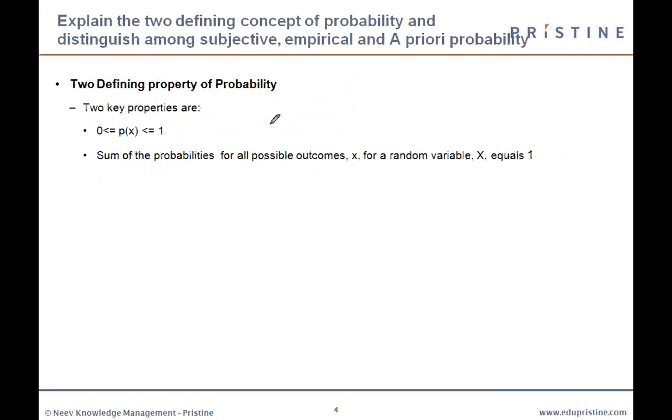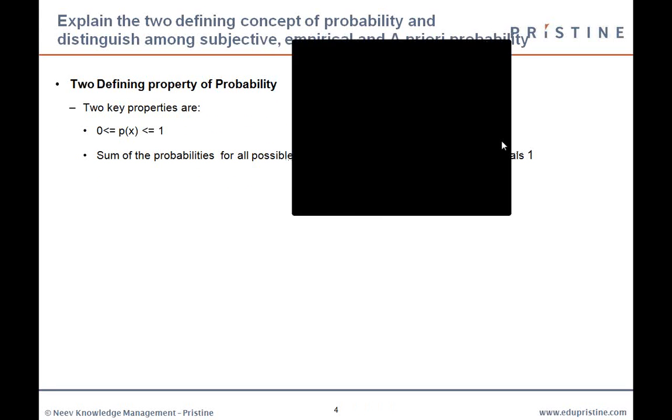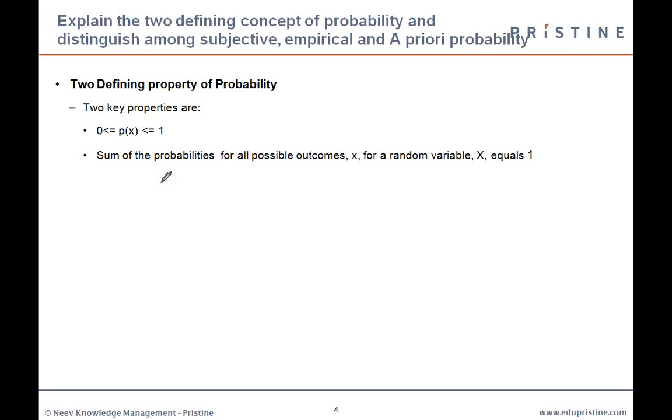Before that, let's see a couple of small properties of probability. Probability has two important properties. One is that the mathematical value of a probability can always be between 0 and 1. That is, the maximum probability you can ever get is 100%, which is 1. Even though colloquially I say I'm 120% confident that I'll pass the exam, numerically or mathematically, that is not possible. You may only get 1. Maximum is 100%. And the sum of probabilities of all possible outcomes is always equal to 1. All right. So these are two important properties of probability.